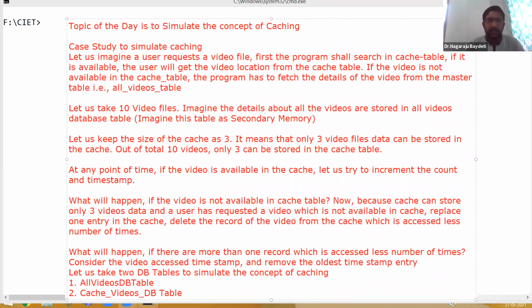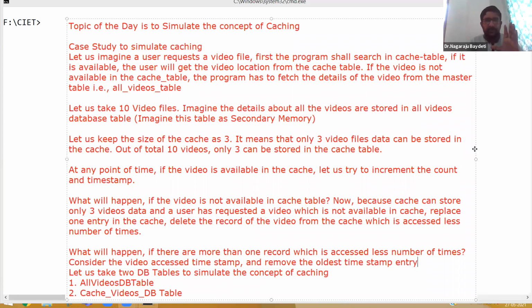Then some people may ask, how will a user request a video in a Python program? Okay, so I am going to explain using a small screenshot whatever I have explained from the theoretical point of view, and then explain the implementation part.